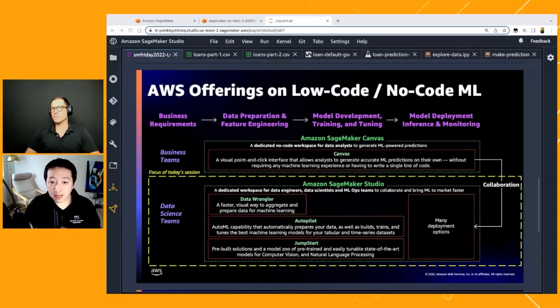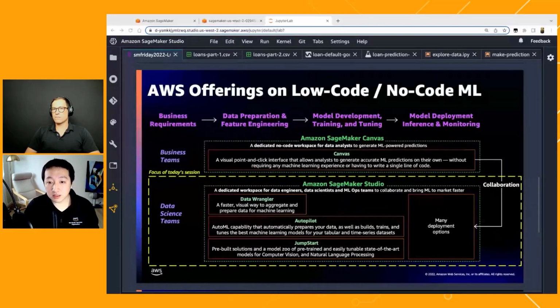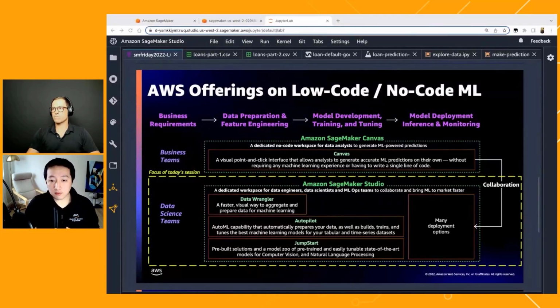Yeah, so with that life cycle in mind, low code, no code really means that you don't need to write too much code to achieve this. That typically needs a lot of coding from data scientists, developers, and engineers to achieve, right? So instead of writing code, the interface is simple and easy to use, point and click, and that allows you to quickly go through these processes without coding, and also does not require deep understanding of machine learning, and really helps accelerate the process.